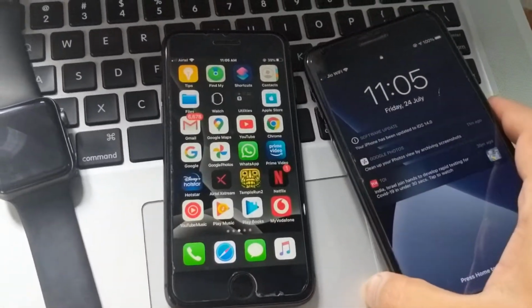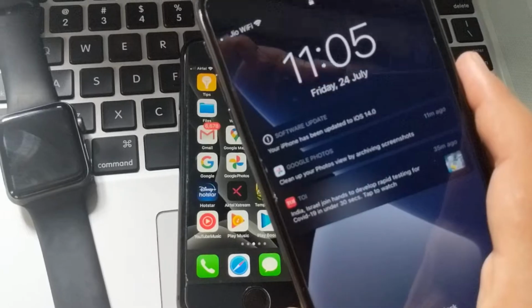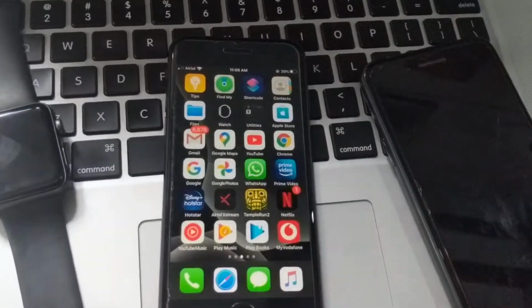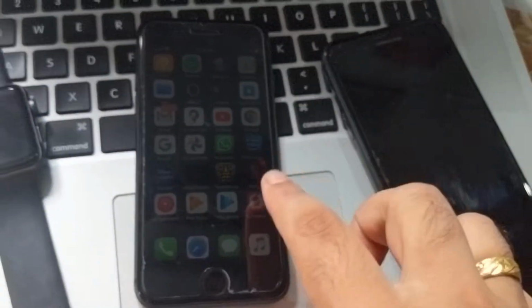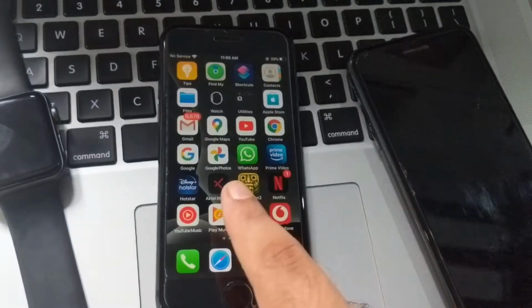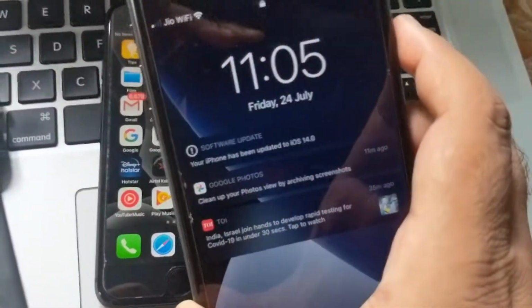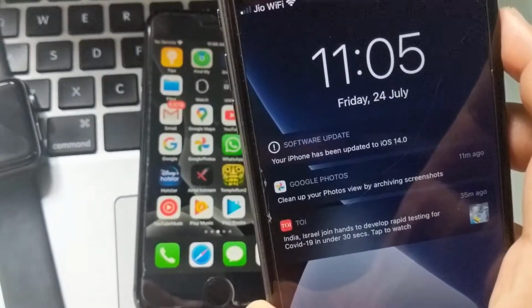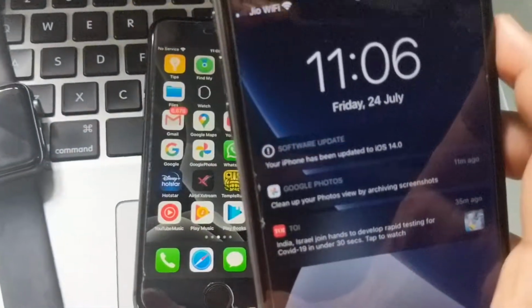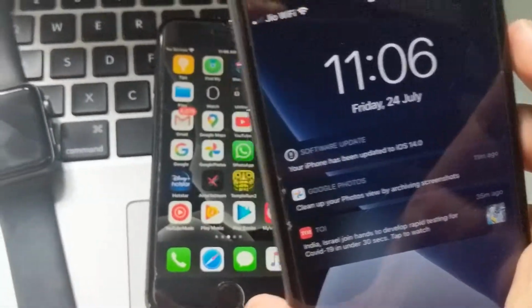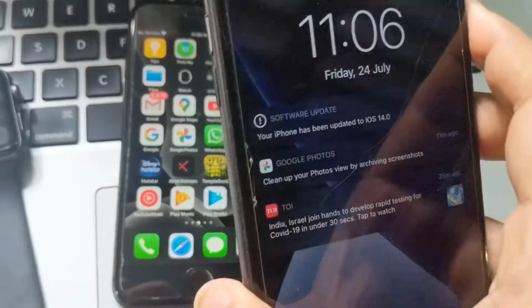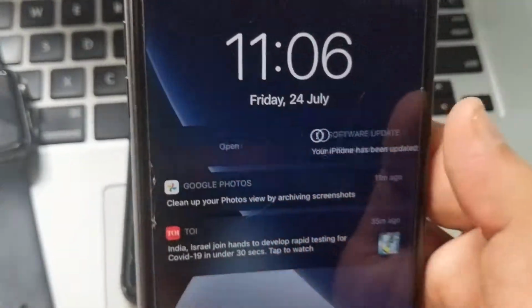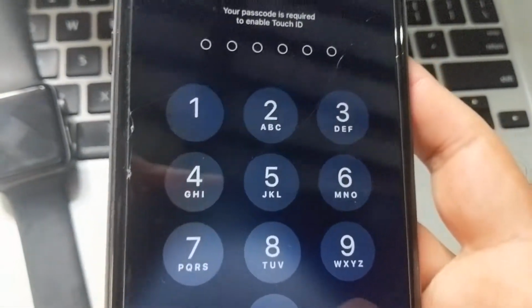In this video I'm just going to show you the iOS 14 update on my iPhone 7 Plus. On this phone, this is iPhone 7 Plus, this is iPhone 8. It is running iOS 13 and this has been updated to iOS 14. Today morning only I updated to beta 3. It was already running iOS 14 beta 1. I just wanted to check for a few days before updating you guys on how it works and what are the main things that you see.